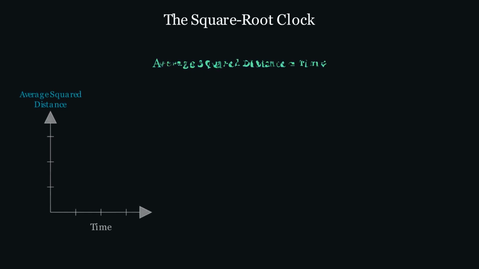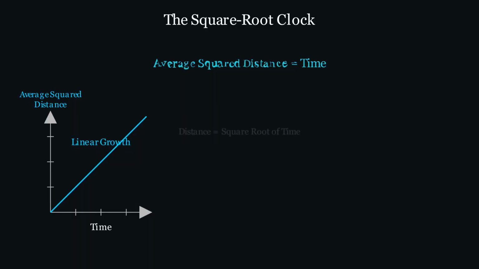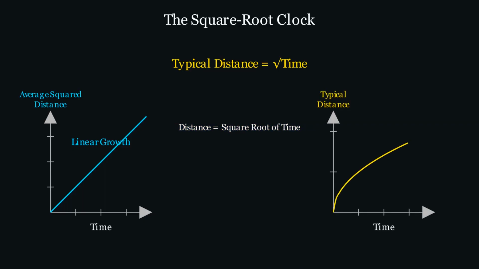And because physical time is simply proportional to the total number of microscopic steps, average squared displacement grows linearly with time. To recover actual distance, we take the square root of both sides. This is why distance grows with the square root of time. Squared distance acts as a steady, reliable clock ticking quietly beneath the chaos. In the next chapter, we will see how this discrete clock lets us count steps across a continuous spatial grid.